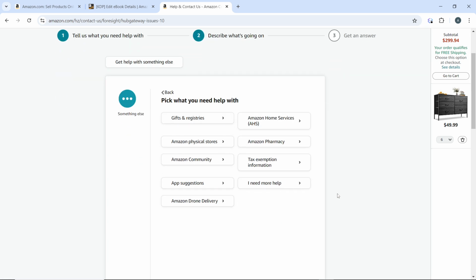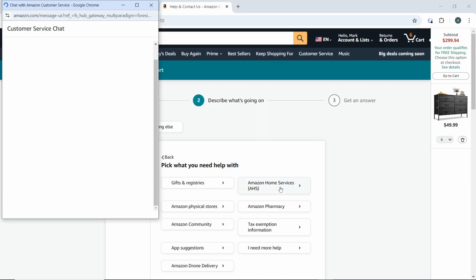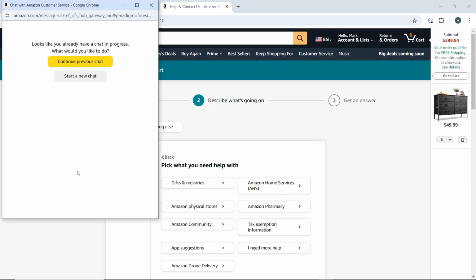And it's going to take you over here to this page. So pick what you need help with. Here are further options or further topics that you can explore. But if you see that what you're looking for is not among these topics, and you just want to contact them directly, go ahead and click on I need more help. And that's going to open up this